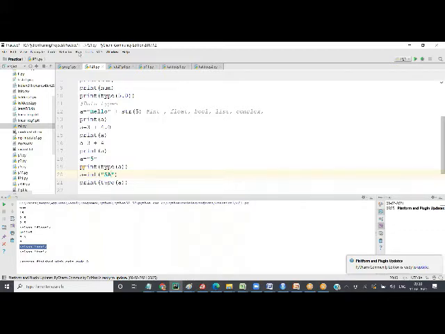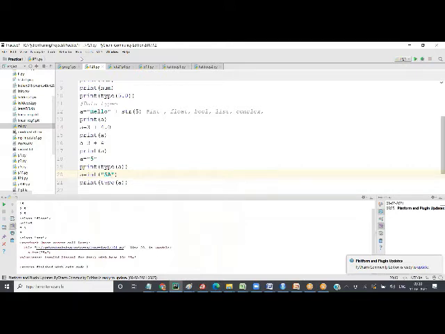So now if I run this, what is the error? Invalid literal for int. That means it is not a valid number for int. The value is invalid for integer. 5a is not an integer, so you can't convert it. You can only convert valid values. You can't convert any value to any value. Of course, 5a you can't convert, but 5 you can. So this is how you can convert values.